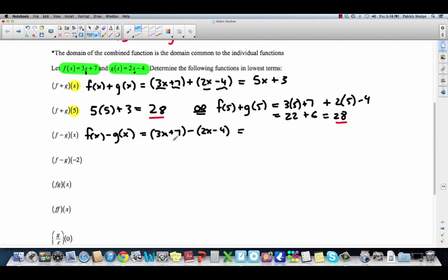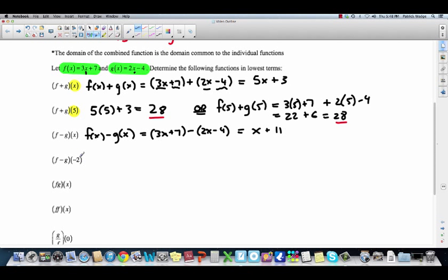And then we just combine. We have 3x, take away 2x. That's 1x, or just x. Be careful here. We have 7, take away negative 4. Oh, that's 7 plus 4, plus 11. Finished. Okay, next question is exactly the same, except this time we don't want to know in terms of x,